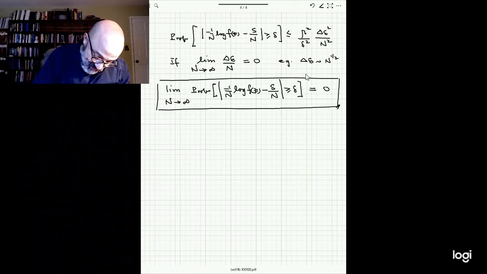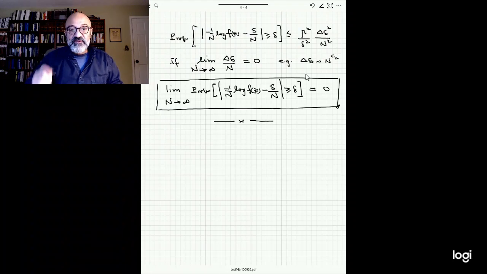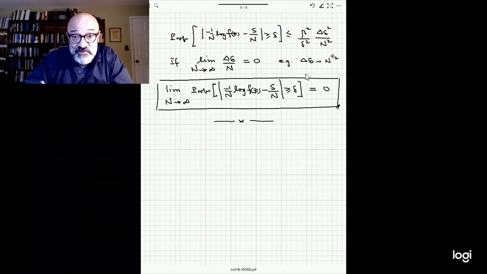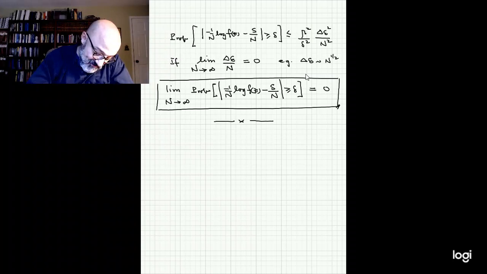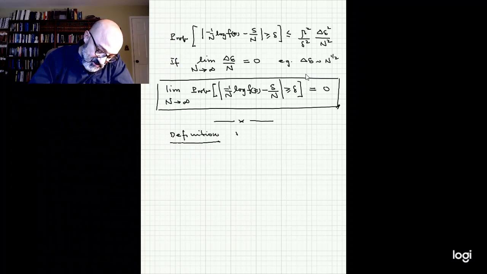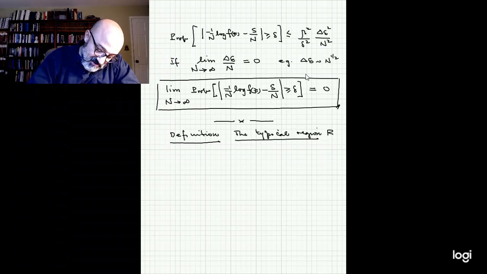So now we can analyze this a little bit better. We're going to analyze this by discussing the so-called theorem of typical microstates. We're not going to prove it; I'll leave you to prove the theorem of typical microstates for homework. But the idea is we're going to define the typical region. The typical region R delta is going to be defined as those microstates that have a probability that goes between, look at this expression here,